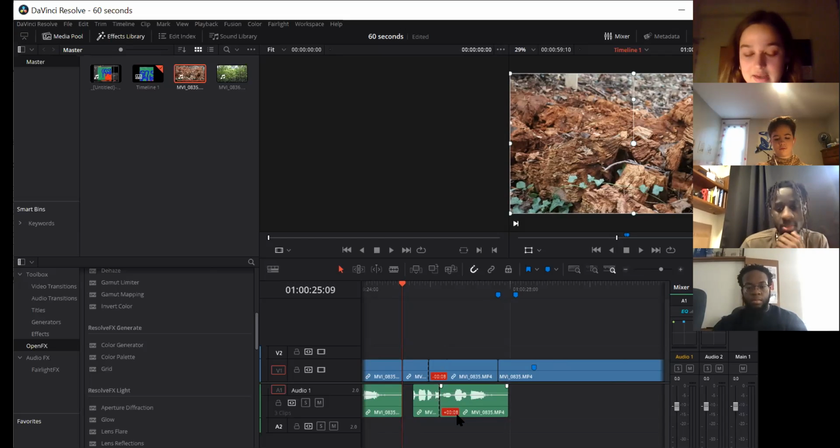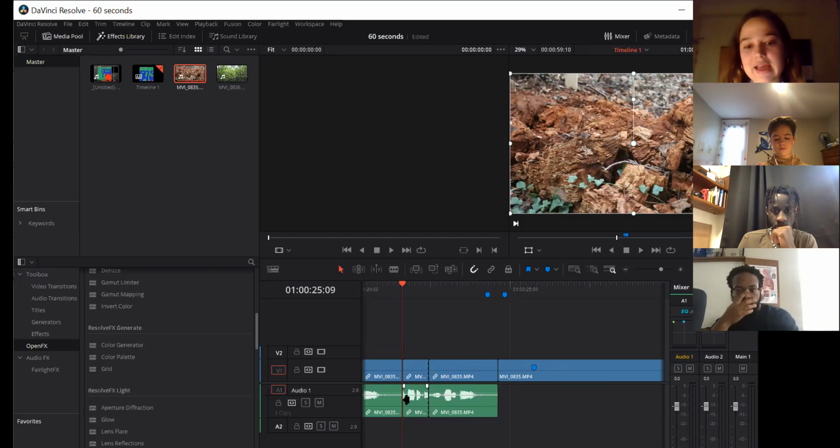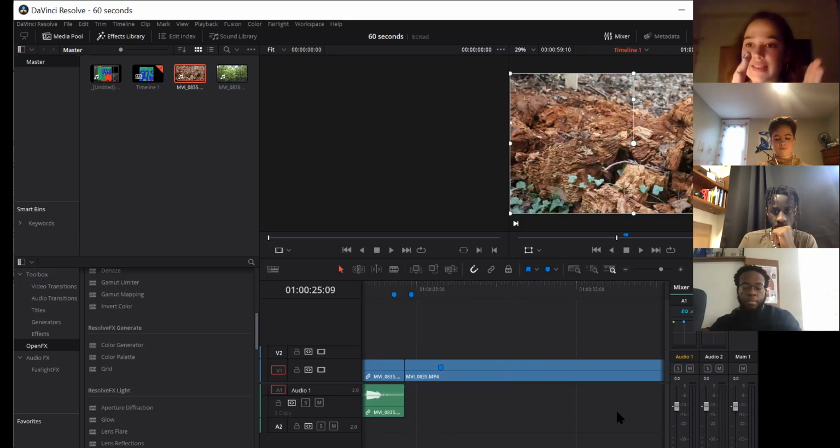Okay, yeah, 8 seconds. So this just means that the program knows that these two are supposed to go together, and it's just saying that they're not in sync by 8 seconds. So I just have to move it. If I hit backspace, that command moves all, if I had more audio tracks back here, they would all move up by that 8 seconds